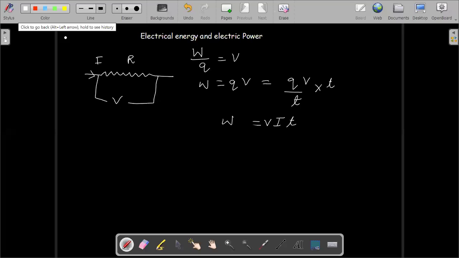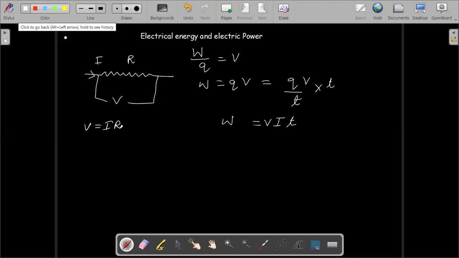Okay. So from this formula, we can obtain different other relations, like using Ohm's law. As per Ohm's law, we know electric potential V will be equal to IR. So I can substitute the value of electric potential and see what you get. I squared RT. So you get another formula